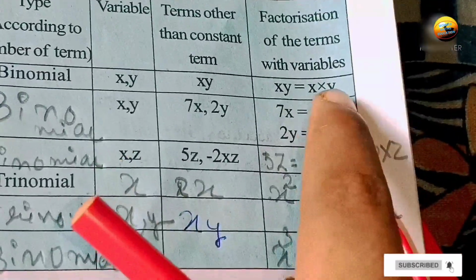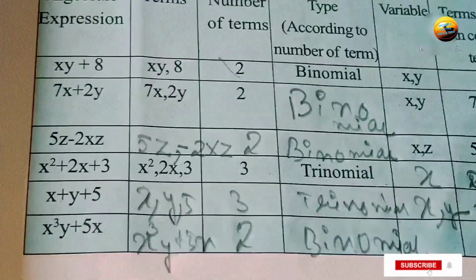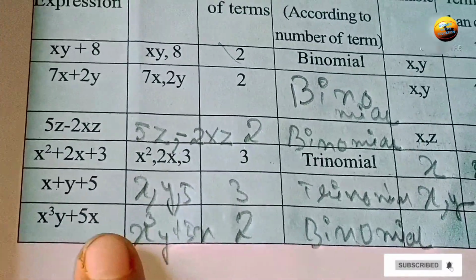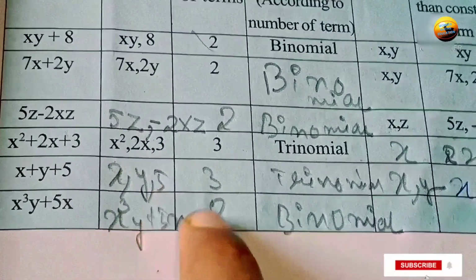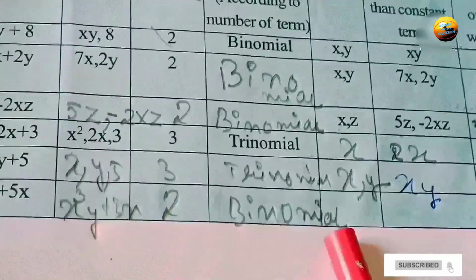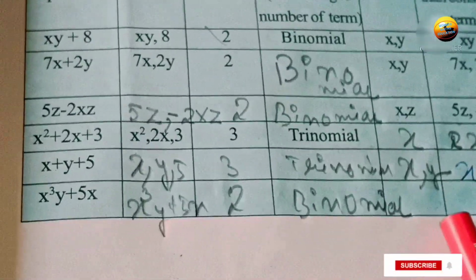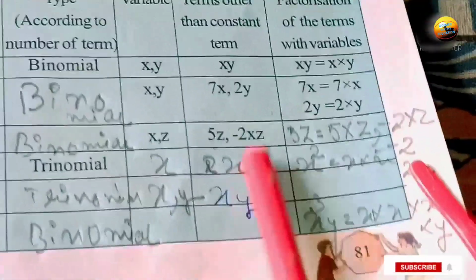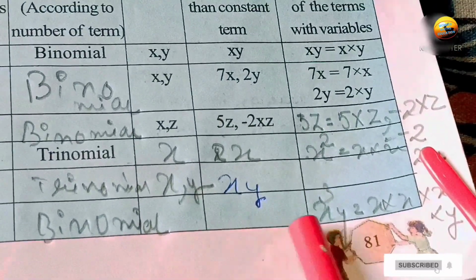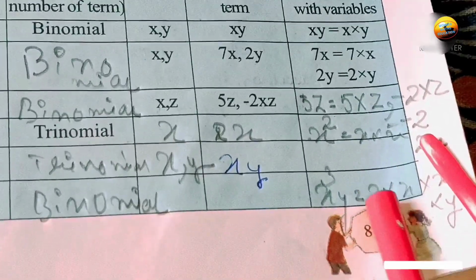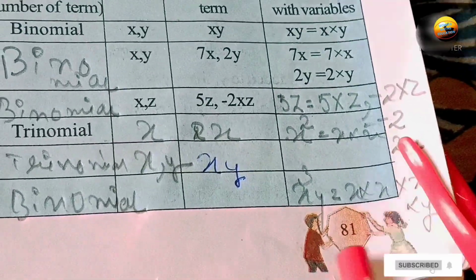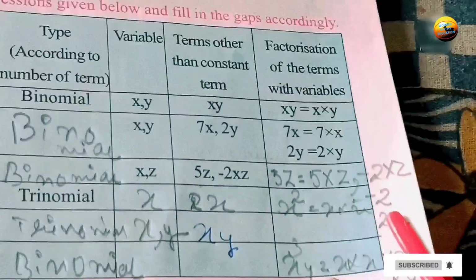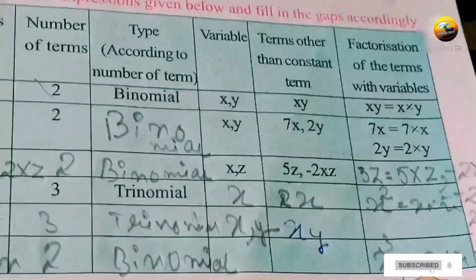তারপর আমরা এটাকে কি লিখতে পারি? xy = x into y, নাম্বার 1-এরটাই। তারপর আছে x³y + 5x, তারপর x³y + 5x আমাদের দুখানা টার্ম, নাম্বার অফ টার্মস তাহলে আমরা 2 লিখবো, তারপর বাইনোমিয়াল হবে। তো ভ্যারিয়েবল হবে আমাদের, তোমরা দেখতেই পাচ্ছ এখানে শুধু x আছে 2 জায়গায়, তাহলে xy হবে আমাদের এখানে ভ্যারিয়েবল। টার্মস আদার দ্যান কনস্ট্যান্ট টার্ম এখানেও x³y হবে, x³y লিখে তারপরে x into x into x তিনবার, তারপর y দিয়ে আমাদের এটা ফ্যাক্টর করতে হবে।